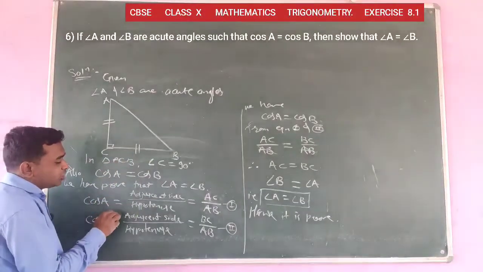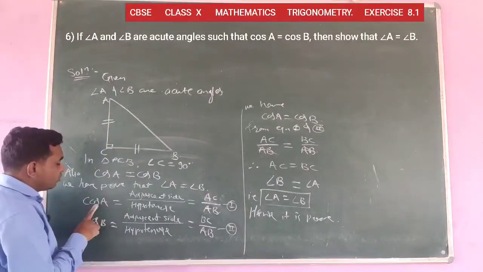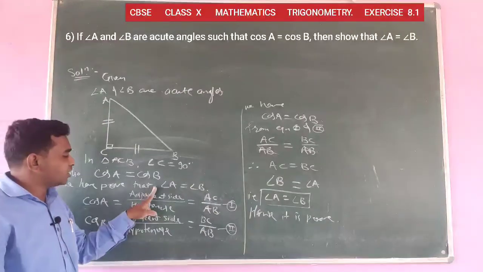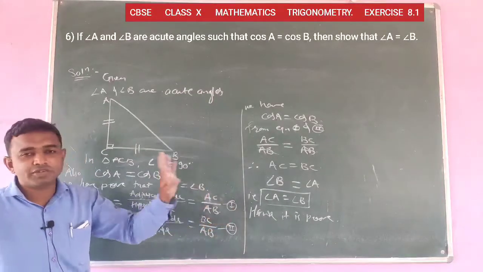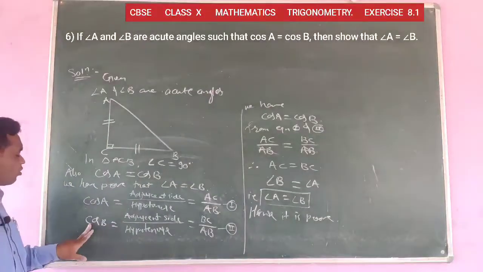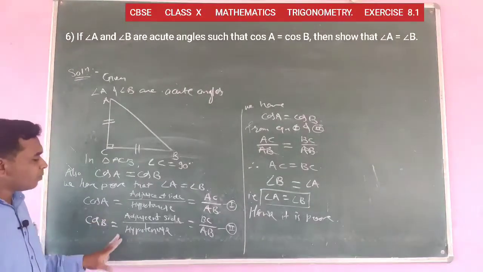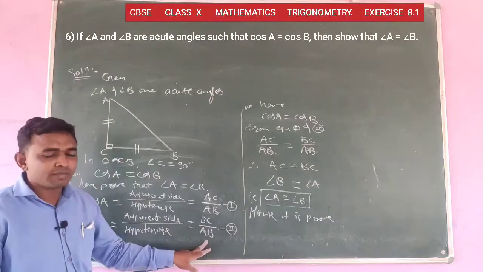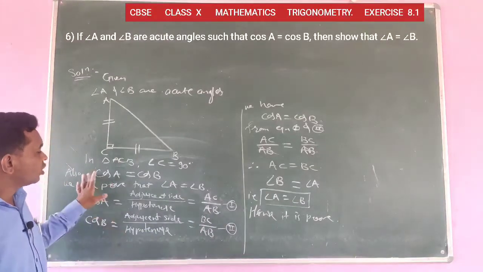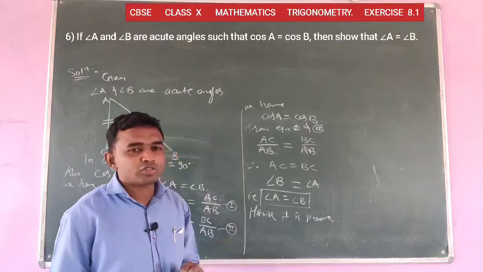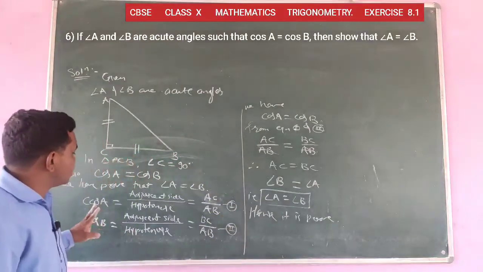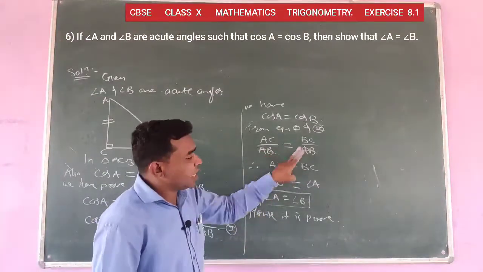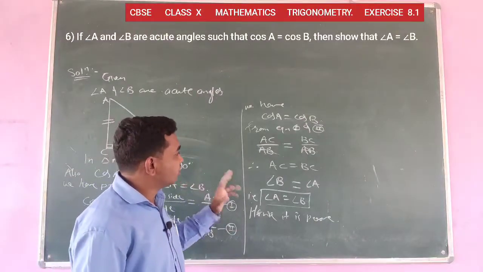Then we take the trigonometric ratios for the triangle ACB and firstly write down cos of A, means the cosine function in terms of the angle A. What is its formula? Adjacent side upon hypotenuse. That means AC upon AB, given as equation number 1. After that, similarly take the cosine function of the angle B. Same formula, but according to the position of angle B, the adjacent side is BC and the hypotenuse is the same, as equation number 2. Also, we use the given cos A is equal to cos B. From equations 1 and 2, putting the values of cos A and cos B and equating them, AB is the same denominator, so it gets cancelled, and the remaining part is AC is equal to BC.